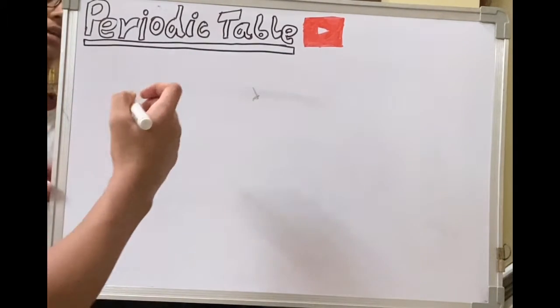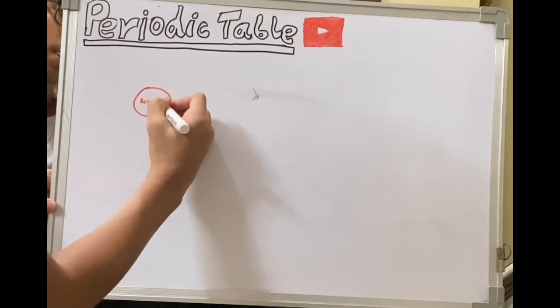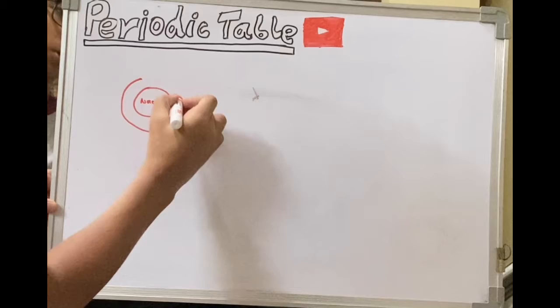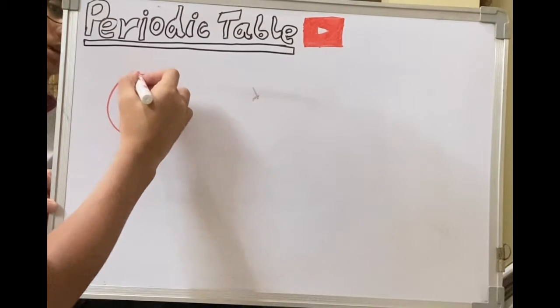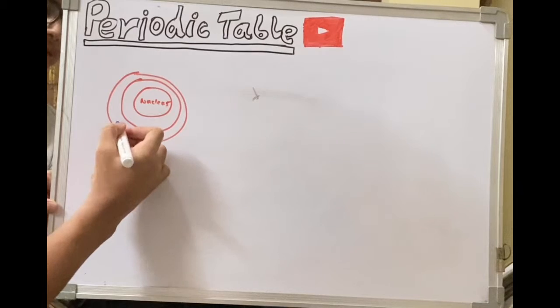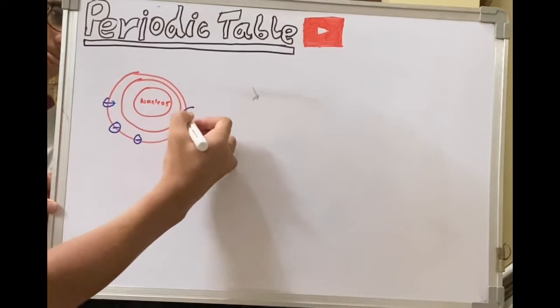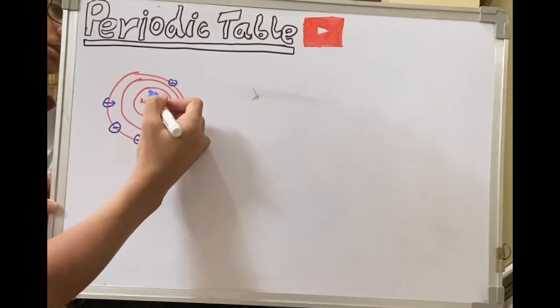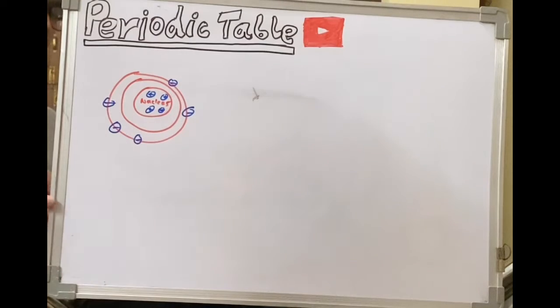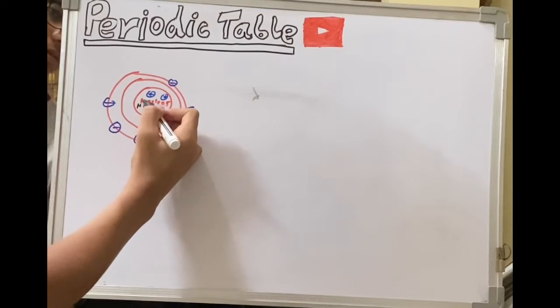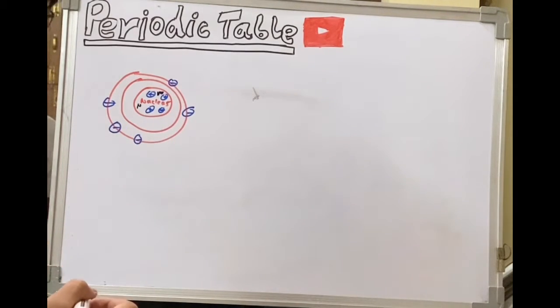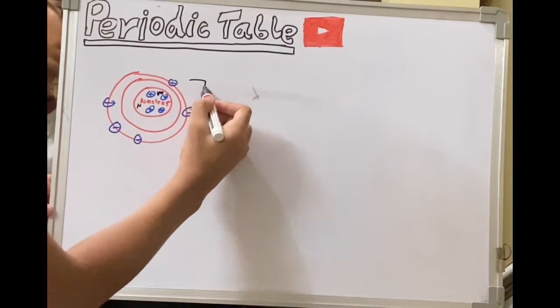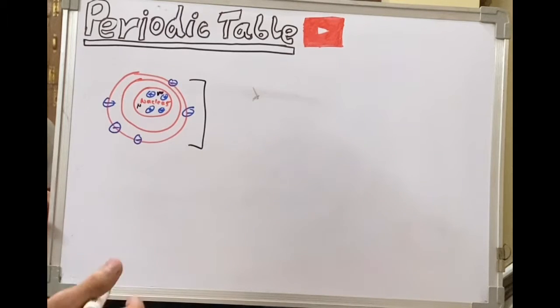So we all know that an atom consists of a nucleus having orbits, or you can say shells around them, which hold negatively charged particles known as electrons. Now the charge of electrons is counterbalanced by the protons in the nucleus, and that's why we call an atom neutrally charged. It also has neutrons in between, which are neutrally charged and have the same mass as protons. Now we know that these are known as shells, but what we don't know is how they are further categorized.